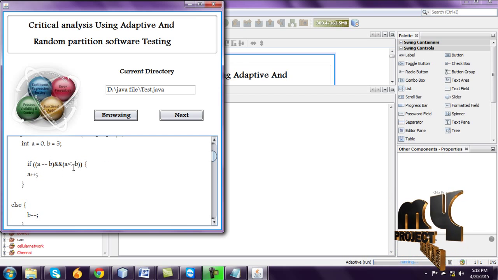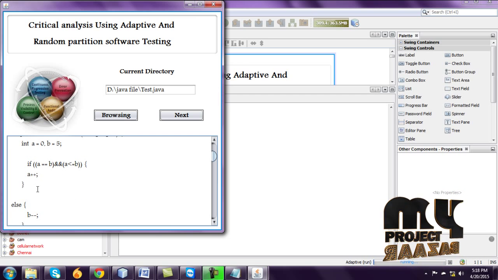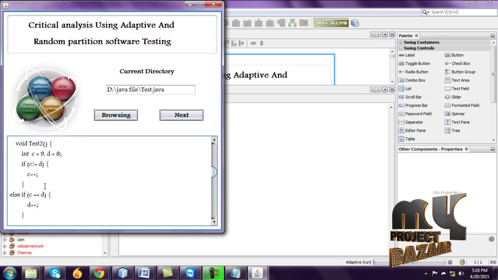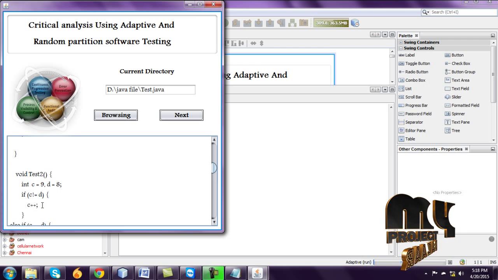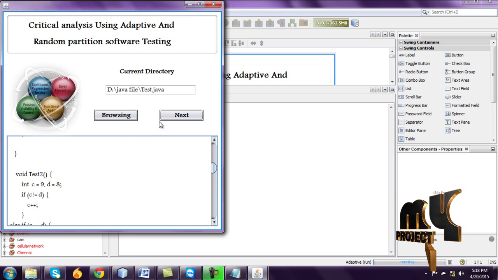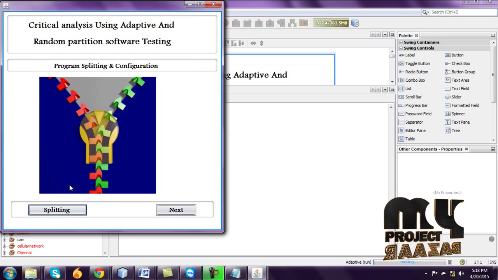Test1 has two conditions, only if and then else, and the second one is if, else if, else, which is the test2 process. And go to next,